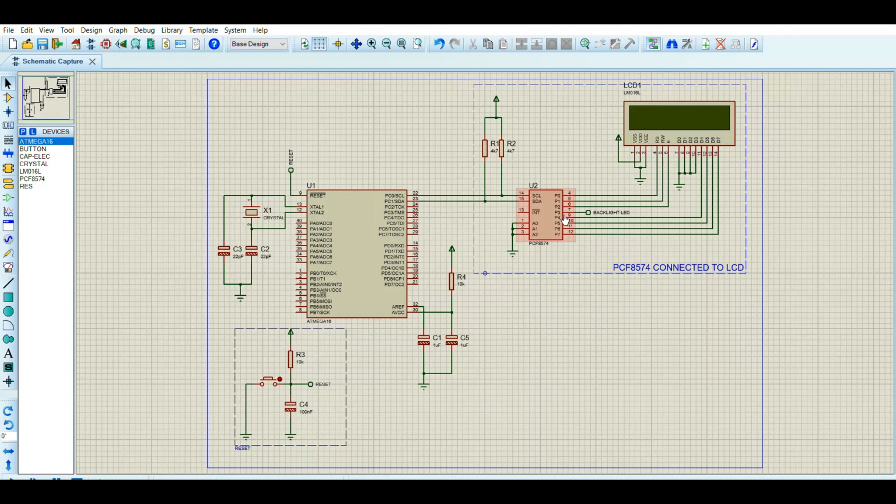The IO expander's IO pins are connected to the LCD as discussed before. The two pins, SCL and SDA, are directly connected to the slave device using pull-up resistors. So that's it, this is the schematic. Now we will see the coding part.